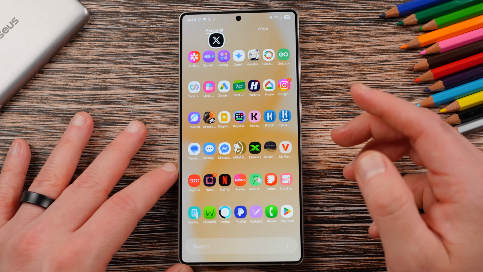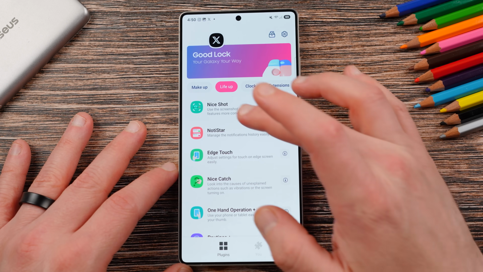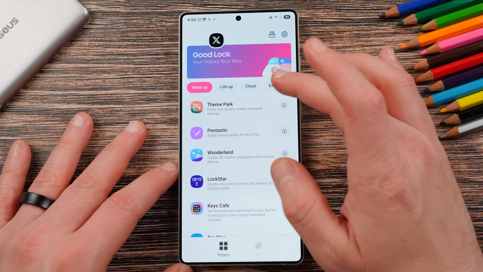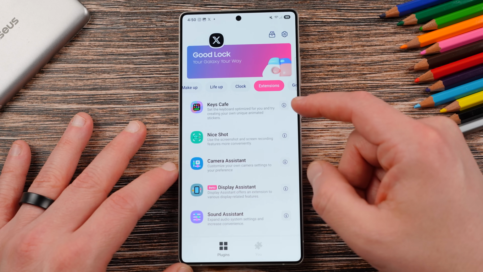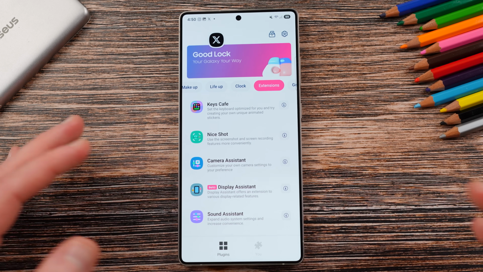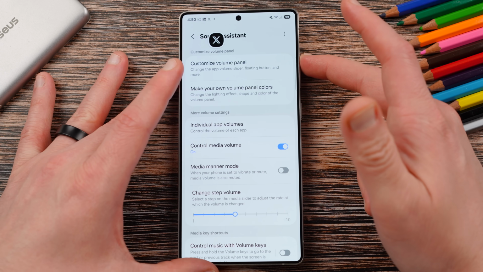As an honorable mention here, I'll mention Sound Assistant, which allows you to customize a lot of things about the sound profile on your device. Sound Assistant I also use pretty much all the time. And if you notice, there's a lot of weird filters up here. These extensions are basically telling you ones that can be standalone on their own, you don't have to go to the GoodLock menu. Sound Assistant lets you customize not only the look of your volume panel,